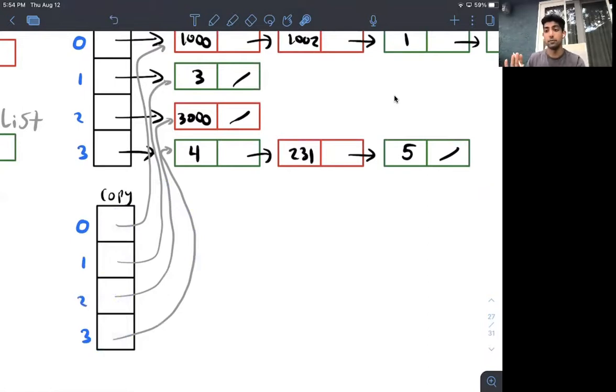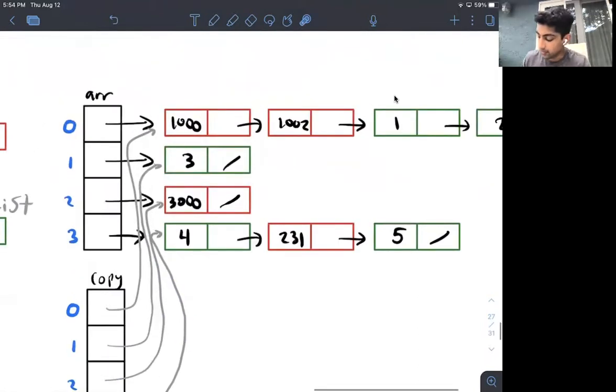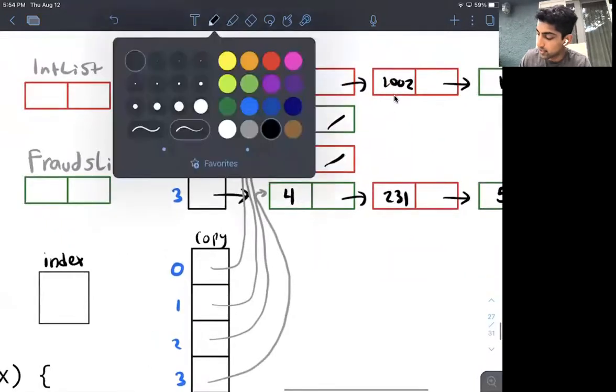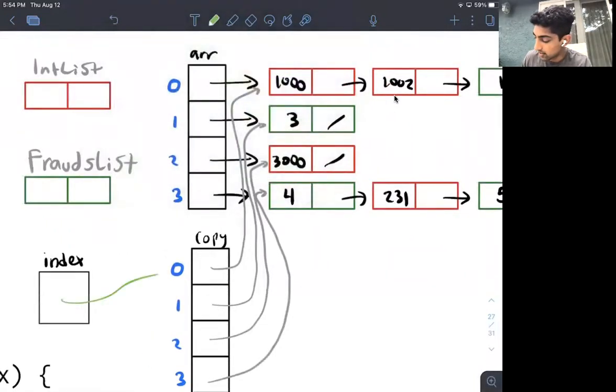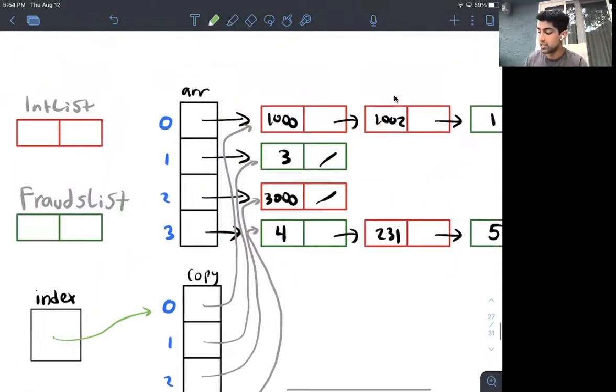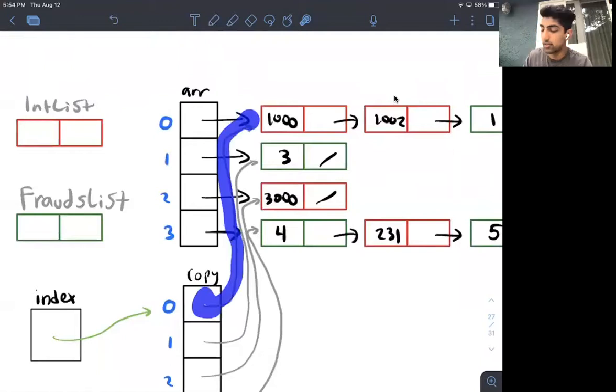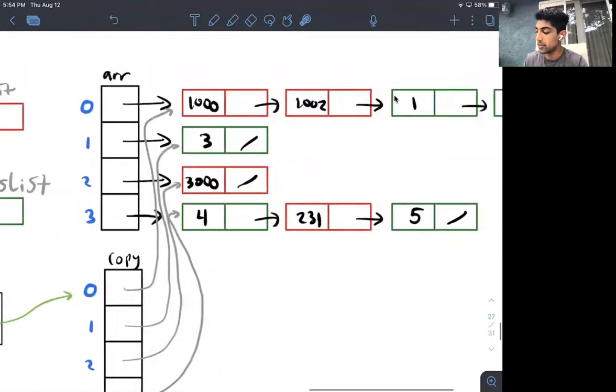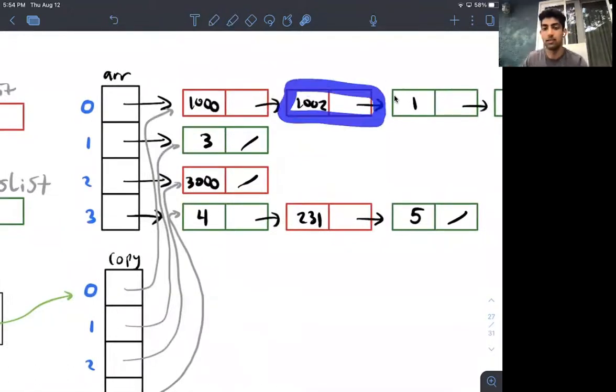So what if, when I am at index 0, this is the really, really cool insight here. Let's say I'm at index 0. So the first link that we want to consider is going to be this link. And it's going to be what copy of 0 is pointing to, right? The second link that we want to consider is going to be this one right here.